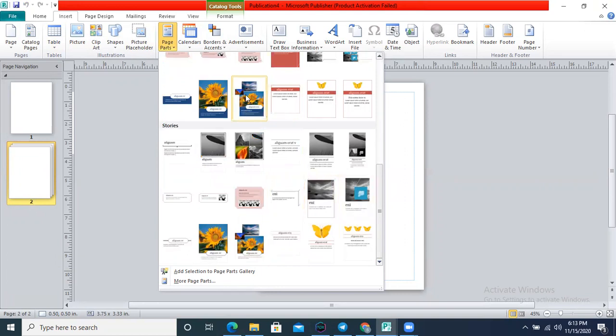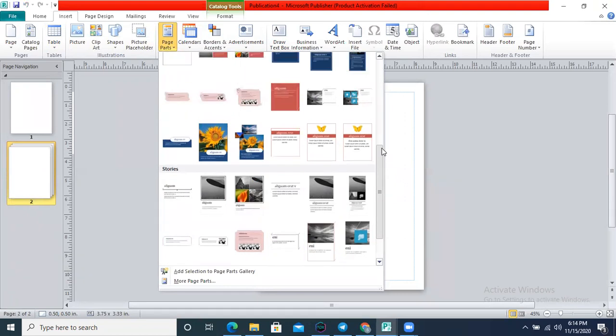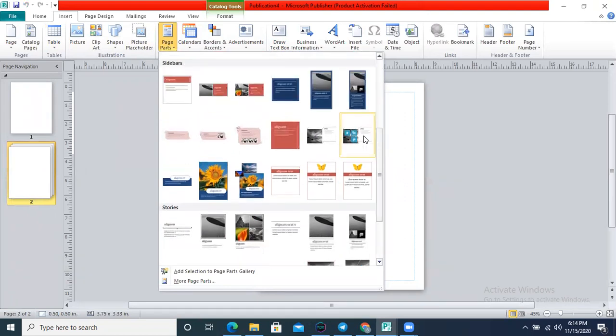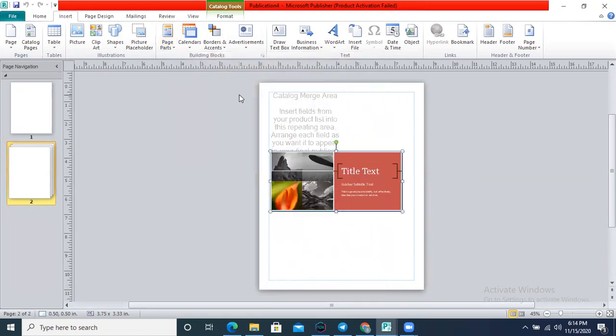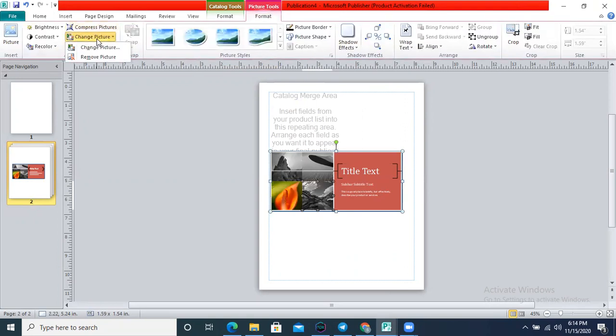In this page you will have text boxes. In this page you will have an image and then 2 text boxes. According to your requirement, if you don't want all the things, you can simply click on the particular page layout. For example, I have clicked on this page layout, and this is the title text, and these are 4 pictures which you can easily change. If you want to change a picture, you can simply change it, or you can remove it. So this picture has been removed.